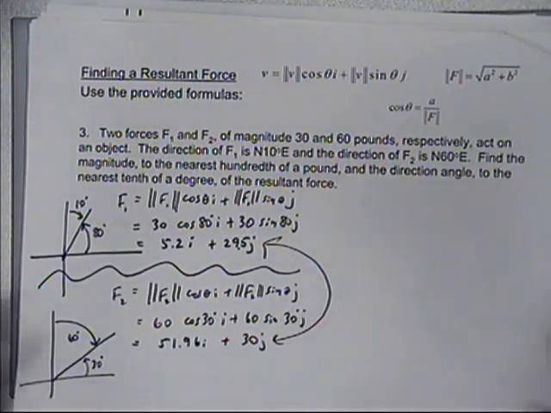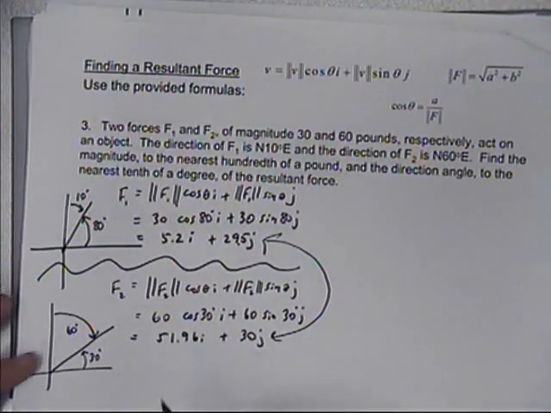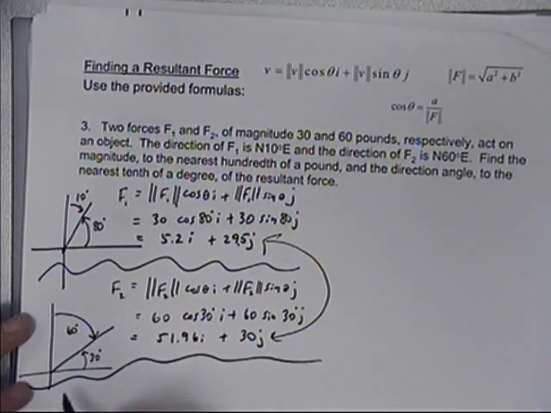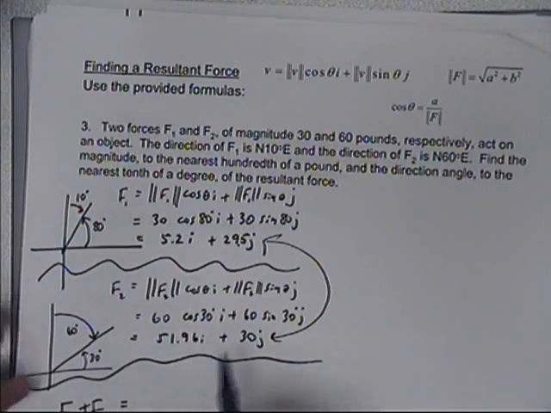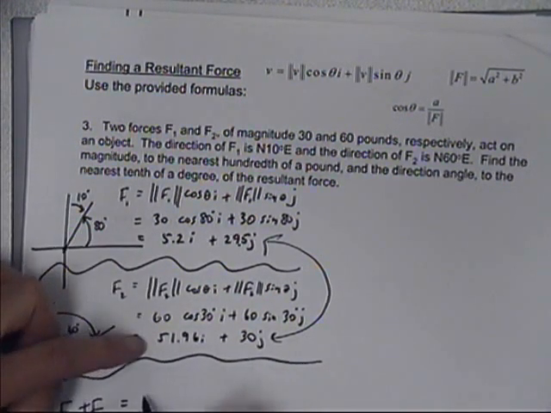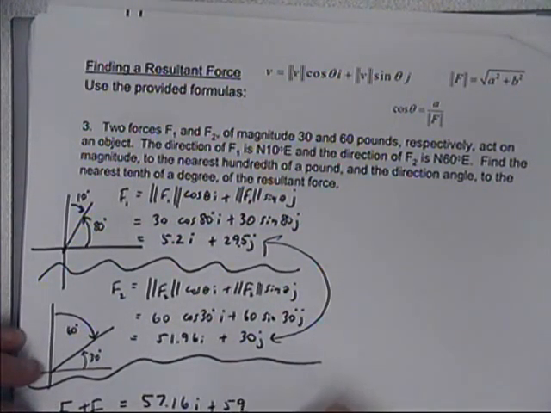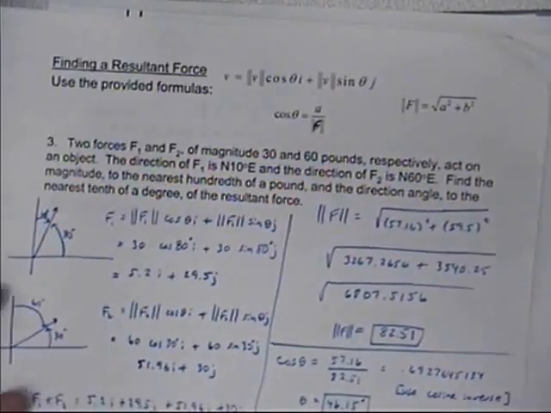So these are both acting on this one object. So you want to figure out how they both work together. All you have to do is add them together. So down here, if I add f sub 2 plus f sub 1, adding the two i numbers, I get 57.16 i. Adding the two j numbers, I get 59.5 j. So the last part is just finding the, oh, you can see